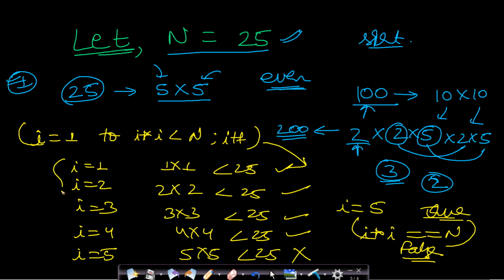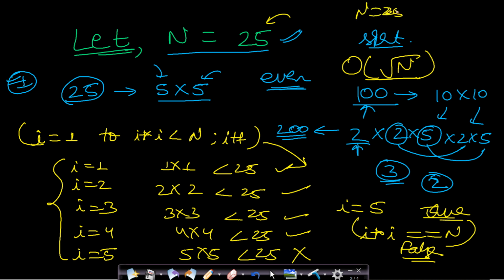So what is the time complexity for this approach? Actually the time complexity will be order of square root of n. Okay, and n is the given value for which you need to determine whether it is a perfect square or not. In this case you can see that the n value is 25 and for this value you are running the loop for root 25 number of times, that is 5 times. So I started with 1 and ended at 5. So this time complexity is order of root n.